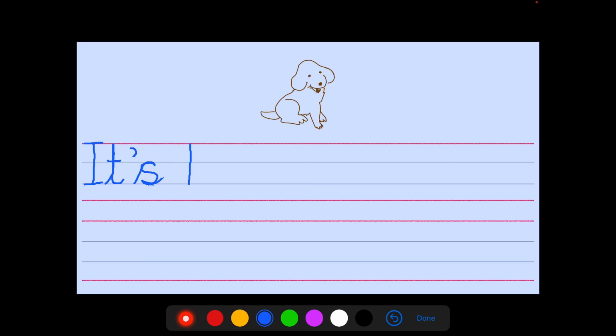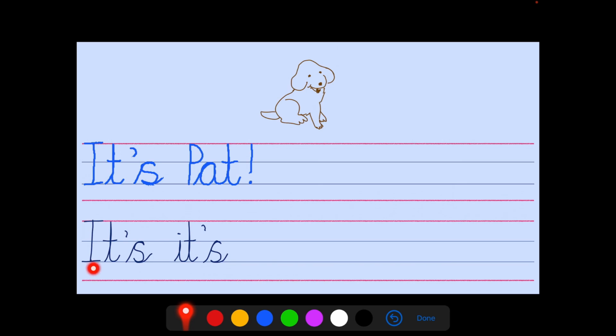A capital P. A is A. T is T. Let's have a think about the punctuation. It's Pat. Yeah. An exclamation mark. This puppy with no spots is called Pat. Pat the puppy. Have a wee go at writing it's again